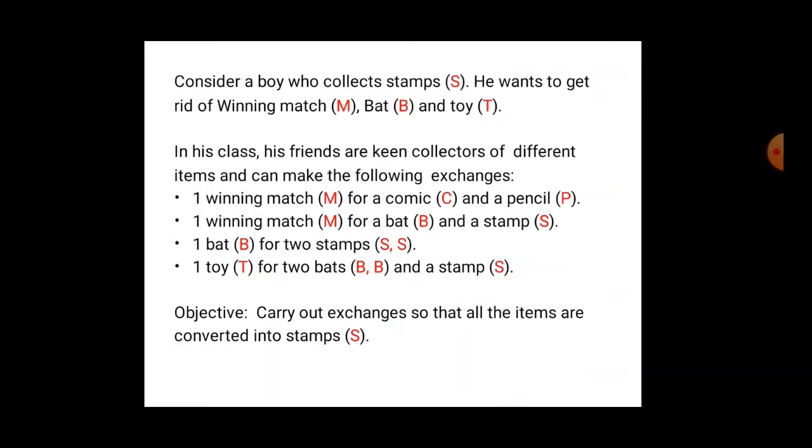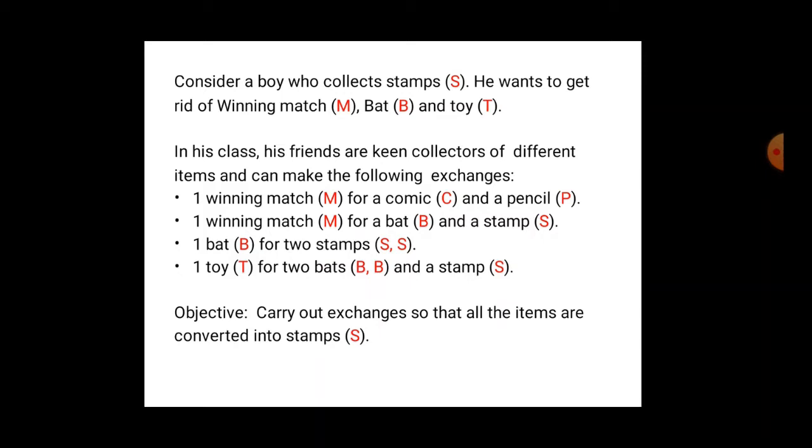Otherwise, if we find the goal state, then the node is termed as a success node. Now consider an example where a boy collects stamps. He wants to get rid of the initial set of items that he carries, that is a winning match, bat and toy. Now his friends are keen collectors of different items, and this boy can exchange the items he has at any given time with the following